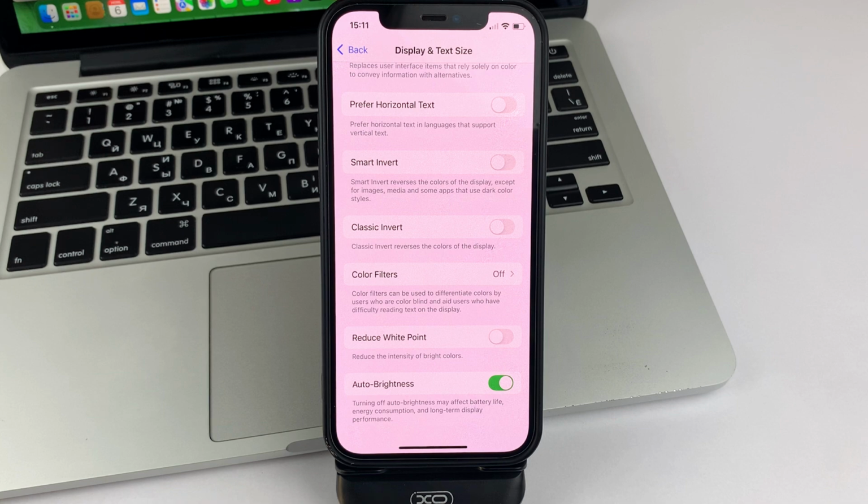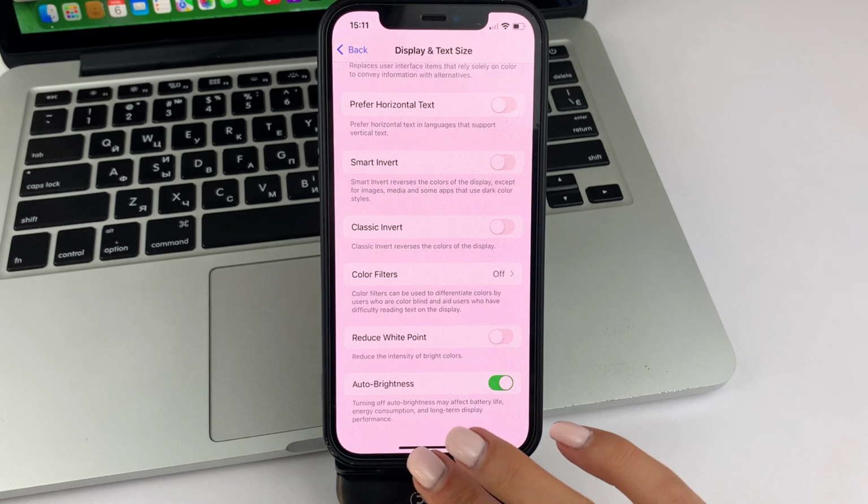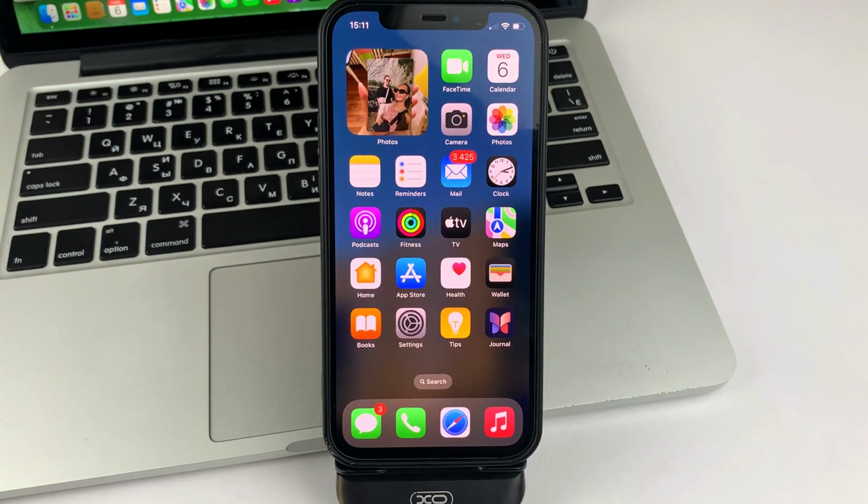And let's get down to the topic. Now I will show you everything step by step. I also want to tell you that such an option as changing the screen color can help you diversify the appearance of your iPhone screen. If you're a little bit bored with the look of your icons or the look of your wallpaper, then changing the screen color can help you diversify and also stand out in that way.